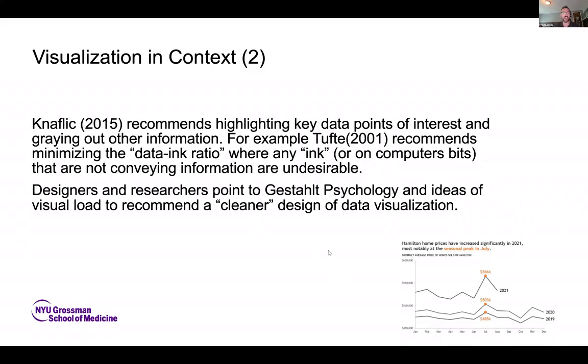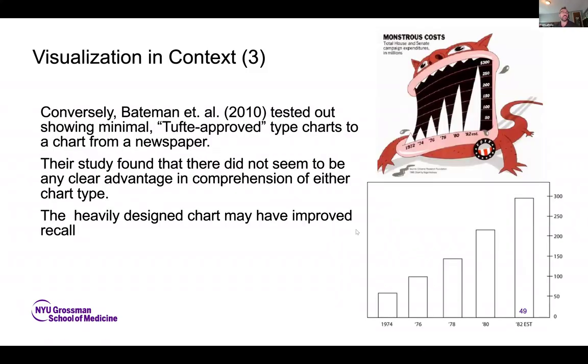Just keeping an eye on the time. Yeah, a lot of this does draw from this idea of Gestalt psychology, of seeing the whole before you see the parts and really focusing in on what's going to be the cleanest option. But conversely, there is definitely research that points in the opposite direction.